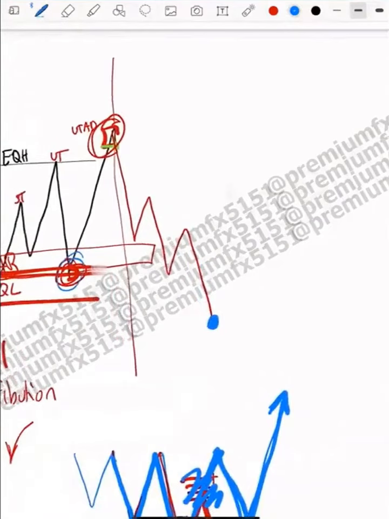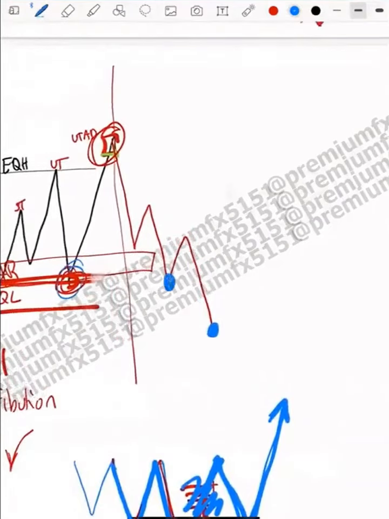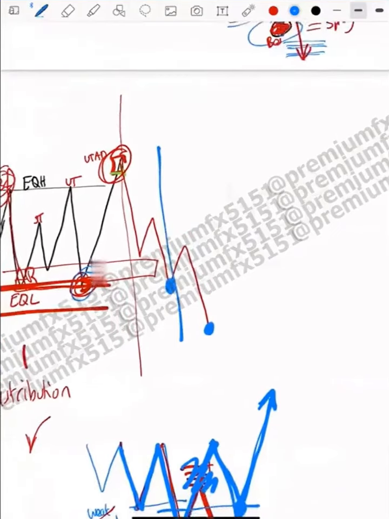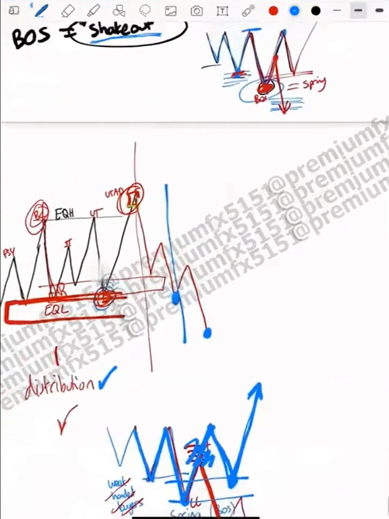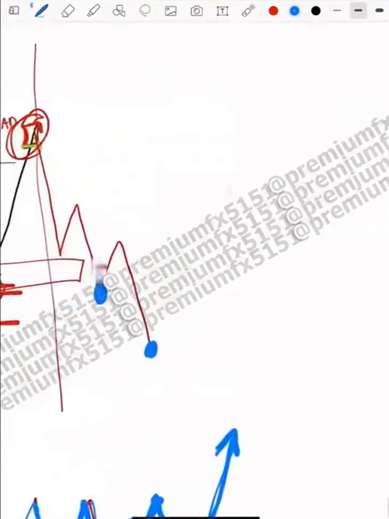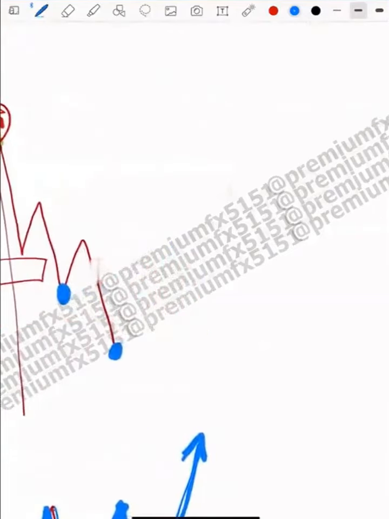Let's reanalyze the situation, because up until here, the distribution was valid. The distribution was still valid. It was the break of structure itself which took out the equal lows that added some sort of confusion. So now we need to reanalyze after the break of structure and say, okay, are we seeing, after the division, do we see